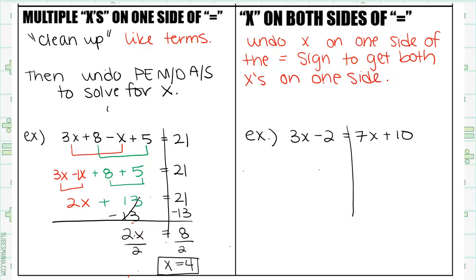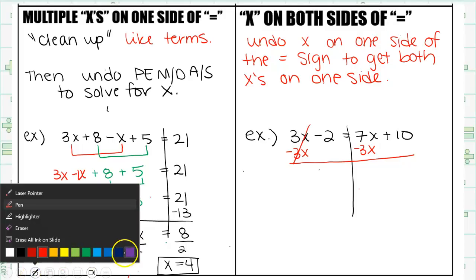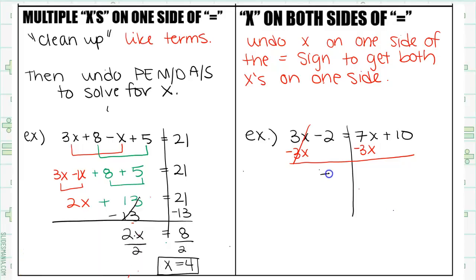So what that looks like is I'm going to do the opposite of an x. So I have a positive 3x, so I'm going to minus 3x from both sides. You could minus either one, it would not matter. What that leaves me with is negative 2, and then 7x minus 3x is 4x, and then I have that plus 10. Then I'm going to undo PEMDAS